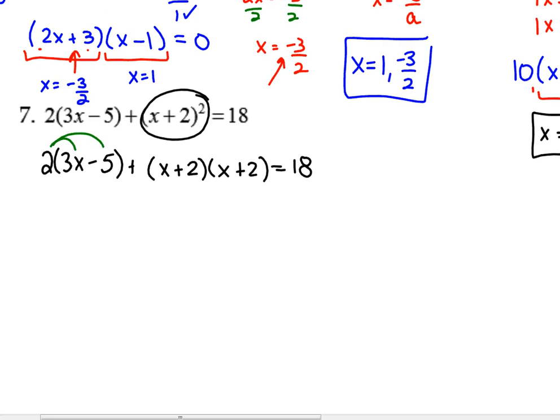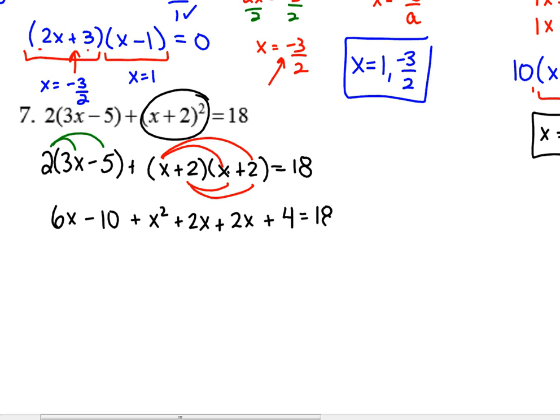That would be 6x minus 10. And we have to use what with the second set of brackets? FOIL. Okay, so x times x, x squared, x times 2, 2x, 2 times x, 2x, and 2 times 2,